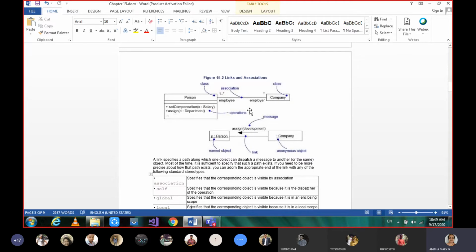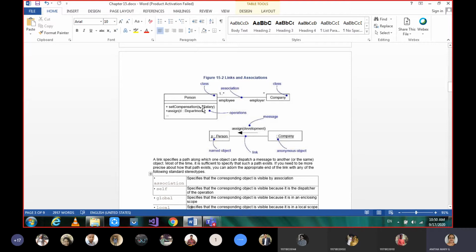If you see this example, the other day I was trying to explain it theoretically, but if anyone needs more clarity, it will be clearer by seeing this example. So here, links and association. In other terms we can say a link is an instance of an association. Okay, that is given diagrammatically.